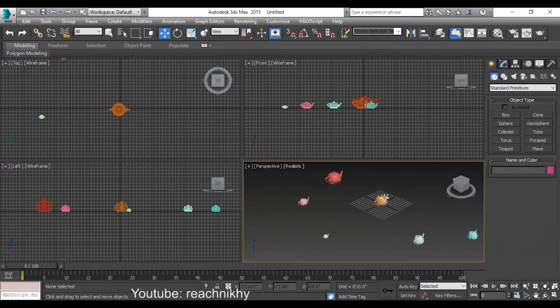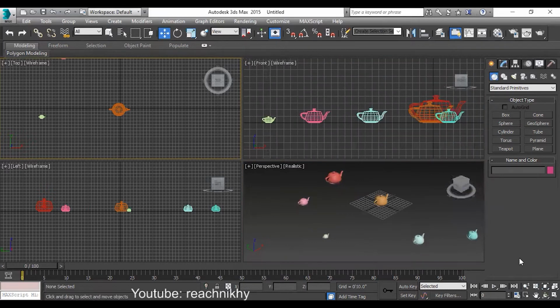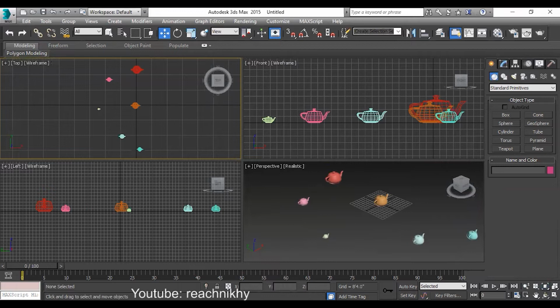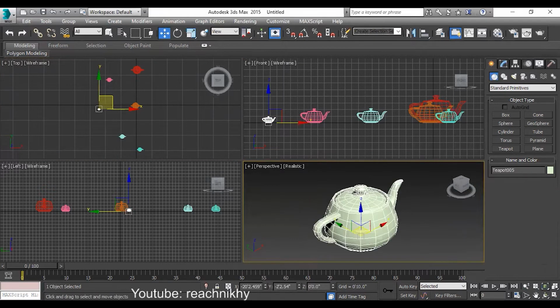That means with zoom extents, you select anything and still when you click on this, it won't matter. How it works is you zoom out, stay anywhere in the scene and click on this, then you're getting everything in your scene. That means zoom extents for the entire viewport. Click over here, click on this, you're getting it. If you choose the next option, zoom extents selected, then you have to select a particular object, then click on that, and you'll get it like this. Got the idea? So that's what zoom extents selected and zoom extents options do.